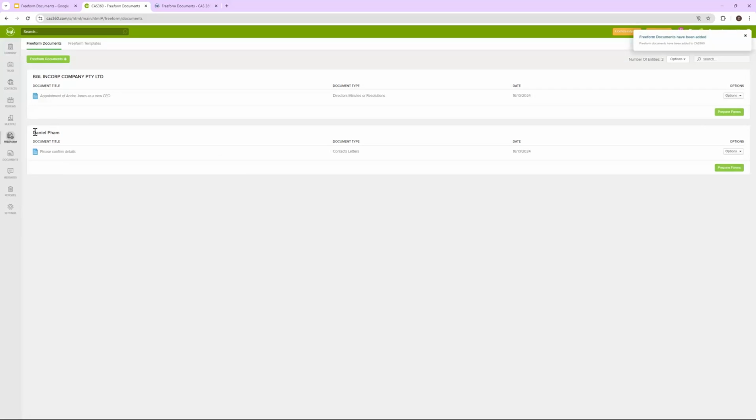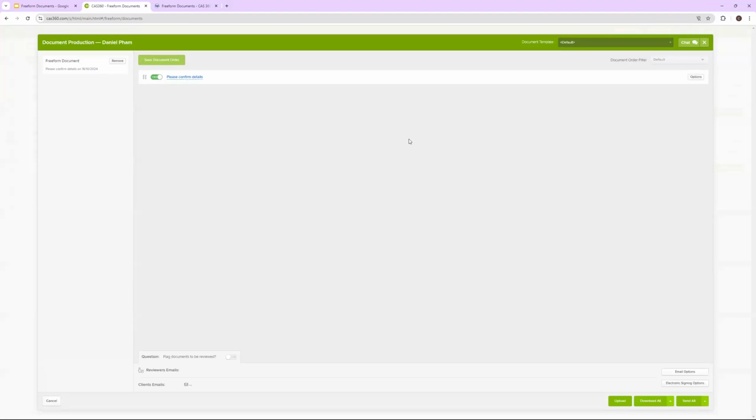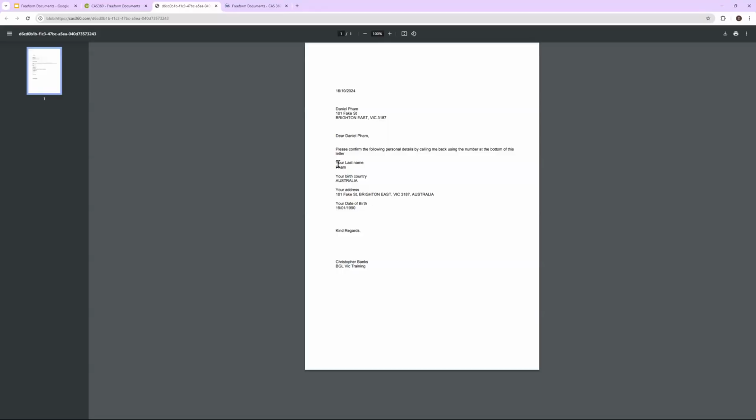So now we have our letter. Please confirm details. Again, similar, we can edit it if we need, and then we would also have the option to save that new edit as well. But we're going to click Prepare Forms. We also have the option there to change who the contact is. There's no digital signing in our letter, though I assume if you added it, it would show up. Here we go. We got all the details, and therefore